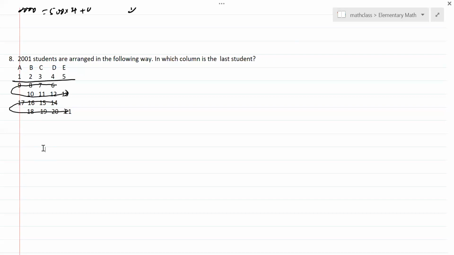I think we should forget this first 5 students. So 2001, you have to subtract the 5 first. Then you start from the 6th student and go down. Each time, 8 students, 1 block. 1 pair of the rows, 8 students. So let's do this first. 2001 minus 5, you got